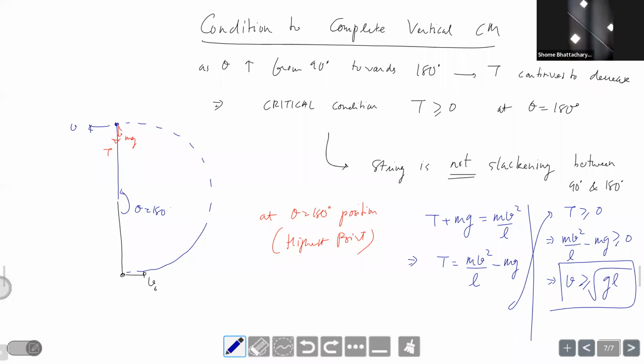But how will we calculate for it to slacken? Just about equal to 0, so it's equal to root gL. But then the particle won't fall because it has a horizontal velocity of root gL. Right? So it will cross that 180 degree position and then again the string will tighten. So it will come back from this side. Even at equal to root gL it is fine, but if you slacken at 170 degrees, in that case it will not complete the vertical circle. Even 1 degree, or for that matter even 0.01 degrees.